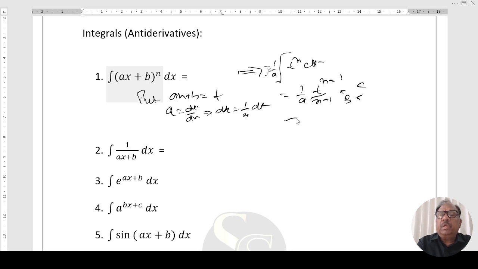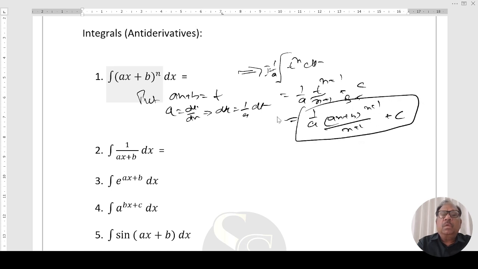Back substitution, we get 1 by a, ax plus b to the power n plus 1 divided by n plus 1 plus c. This is the answer, right? This answer will be 1 by a, ax plus b to the power n plus 1 divided by n plus 1 plus c. Means if x is replaced by ax plus minus b on integration,